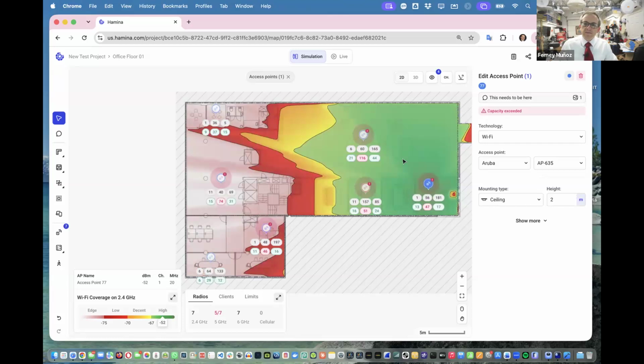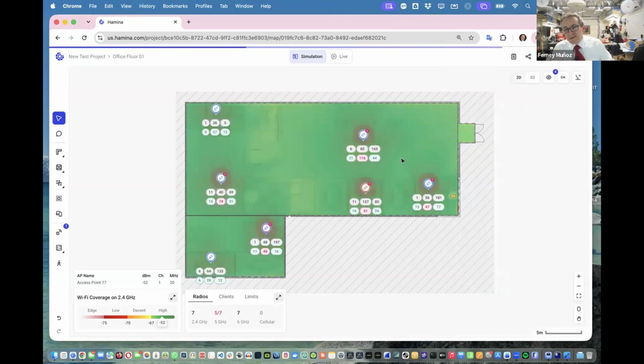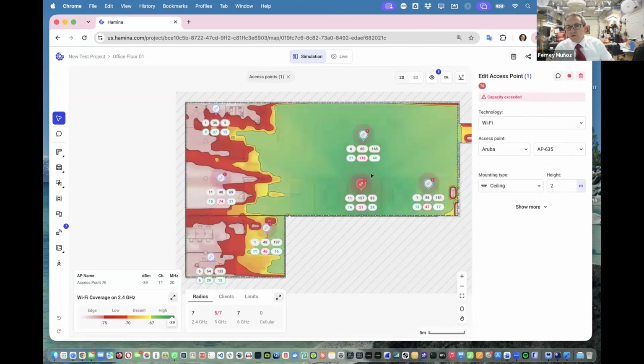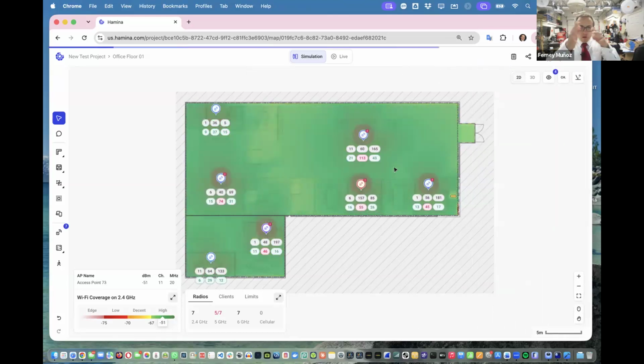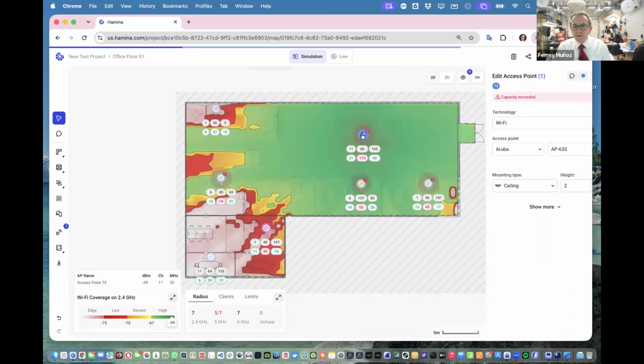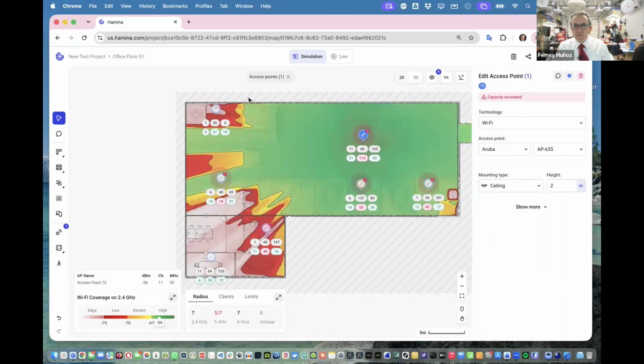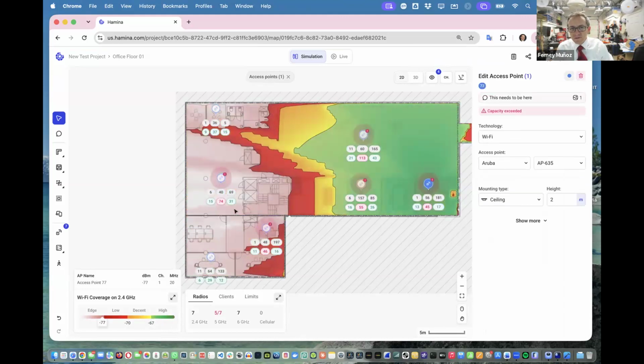Yes, I added devices, and then the software. And this is not just Hamina. Ekahau does it too. You add devices, and then it does the math. Watch, if I select the coverage of this access point, that means that access point is in this area covering that area. And this guy is covering that area, and this guy is covering this area, and so